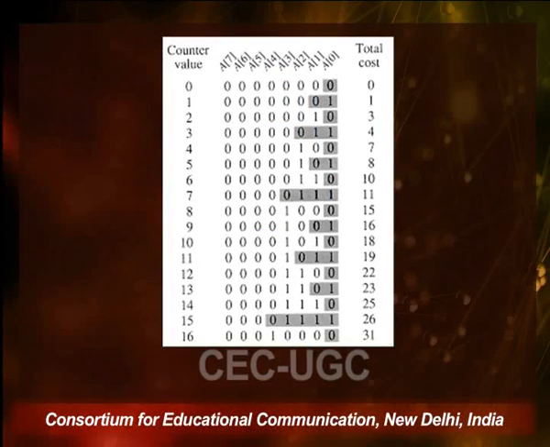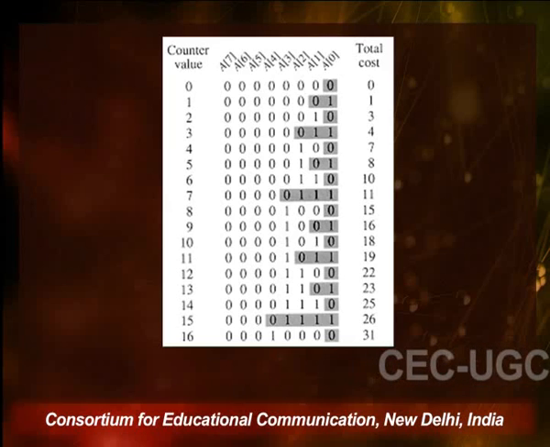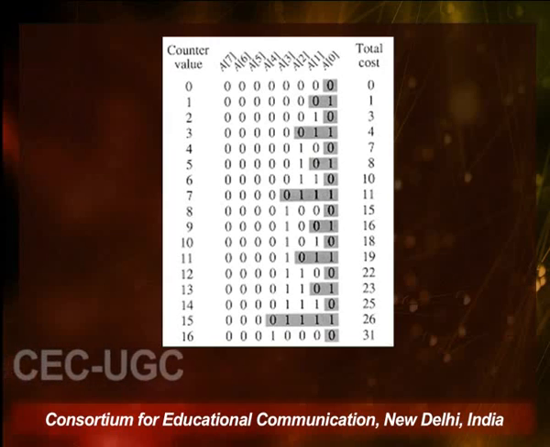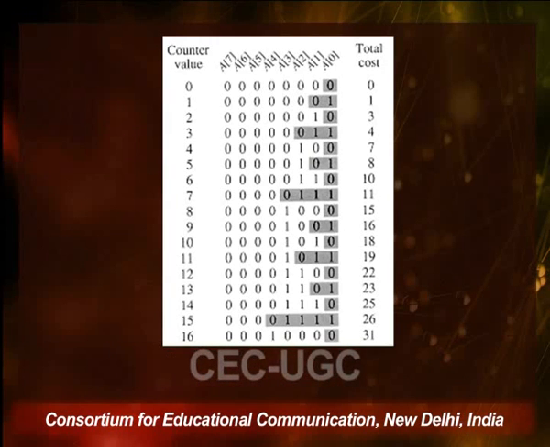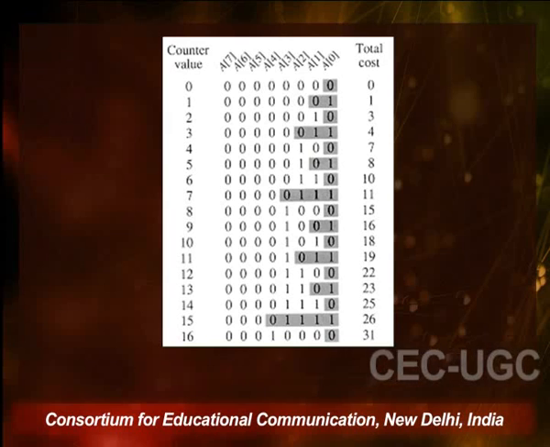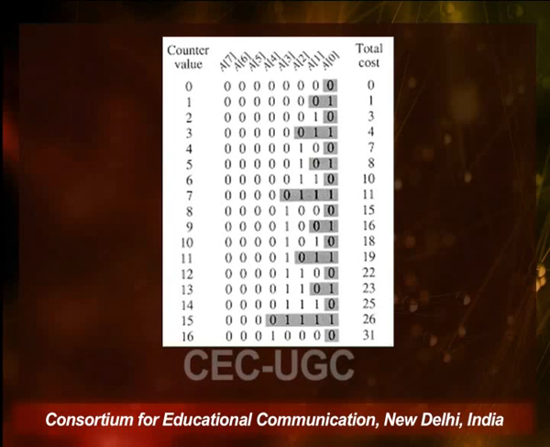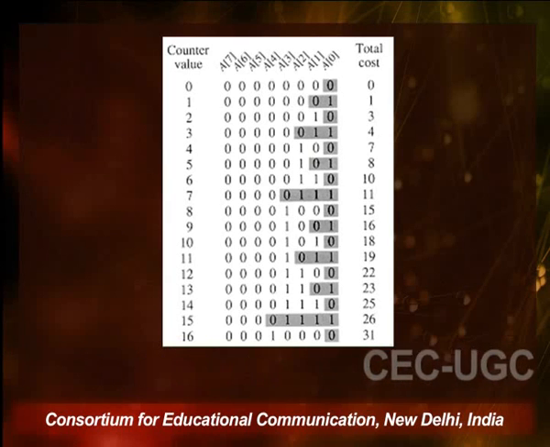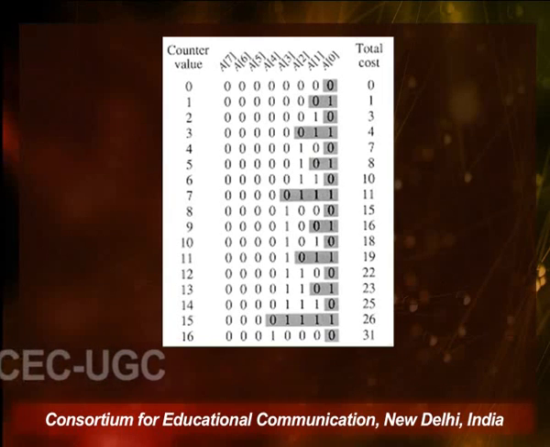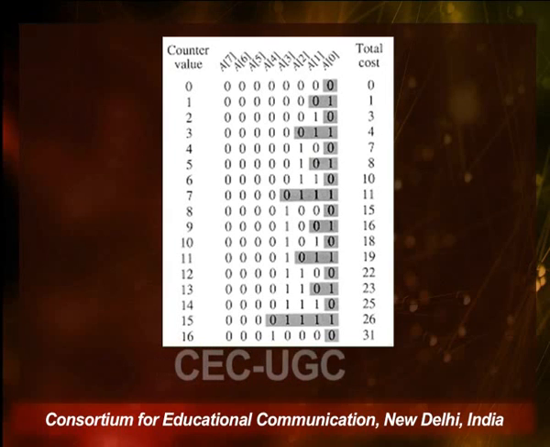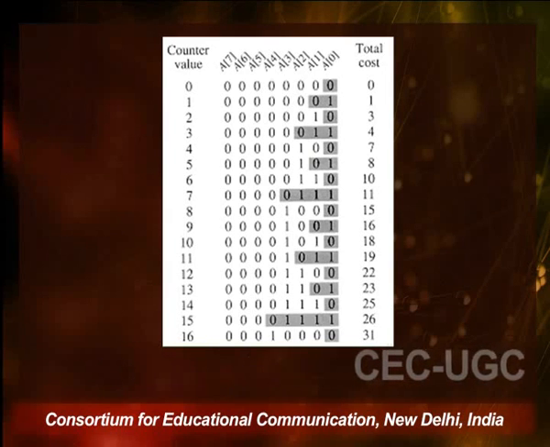So, here just to recall what the binary counter looks like. The counter value is given in the first column, going from 0 to 16. You can mark here that the counter value 0 has all the k bits, all 8 bits, as 0, and does not have even a single 1. That is okay, but it is not negative. A negative number cannot represent the number of ones, and you have some such counter.